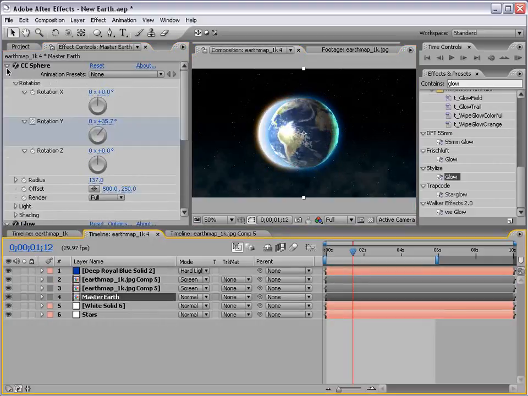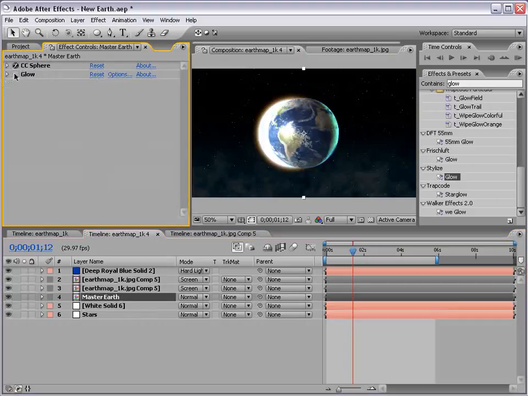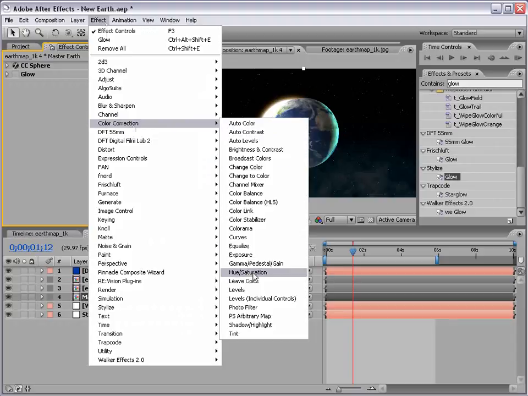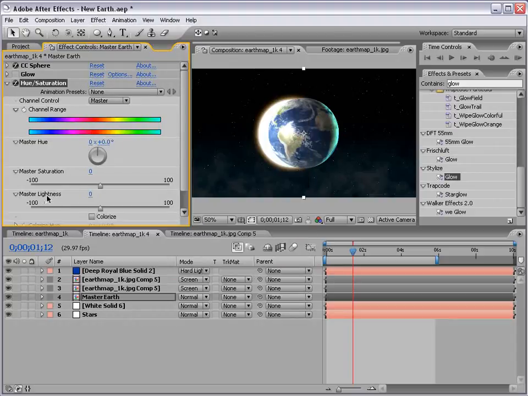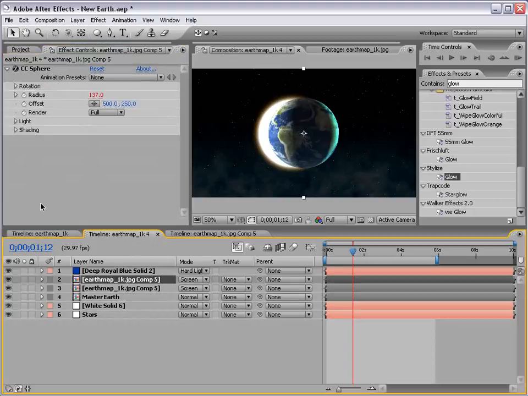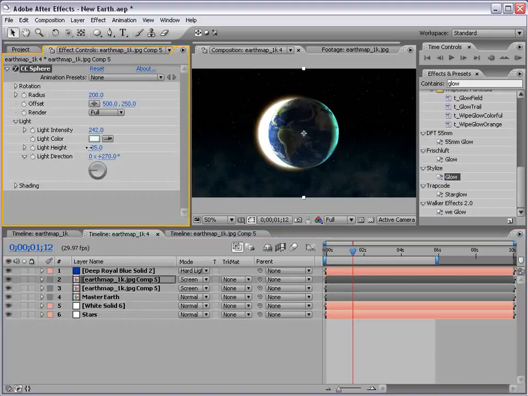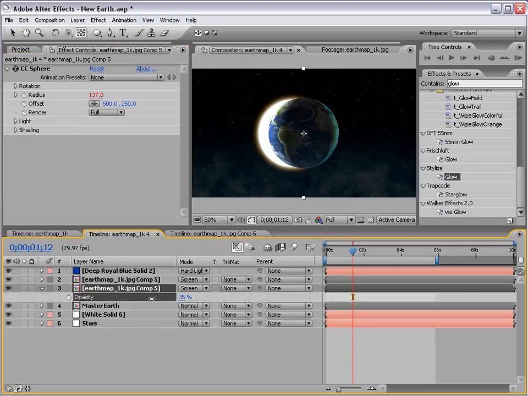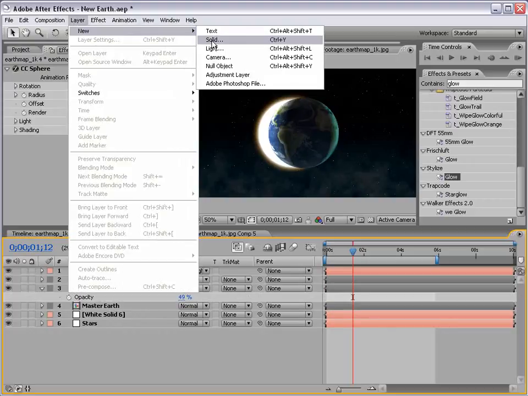If we go to the earth, shut the glow off, and we'll choose effect, color correction, hue and saturation, and we want to bring the lightness down. So it's okay that the other ones sort of had their light on, but we want the lightness of the main part of the earth to be dark. And you can of course go into any of these and adjust the light to make it a little more realistic. Bring the opacity down of the backlight there. So whatever you decide. But the gist of this is to create a new black solid,